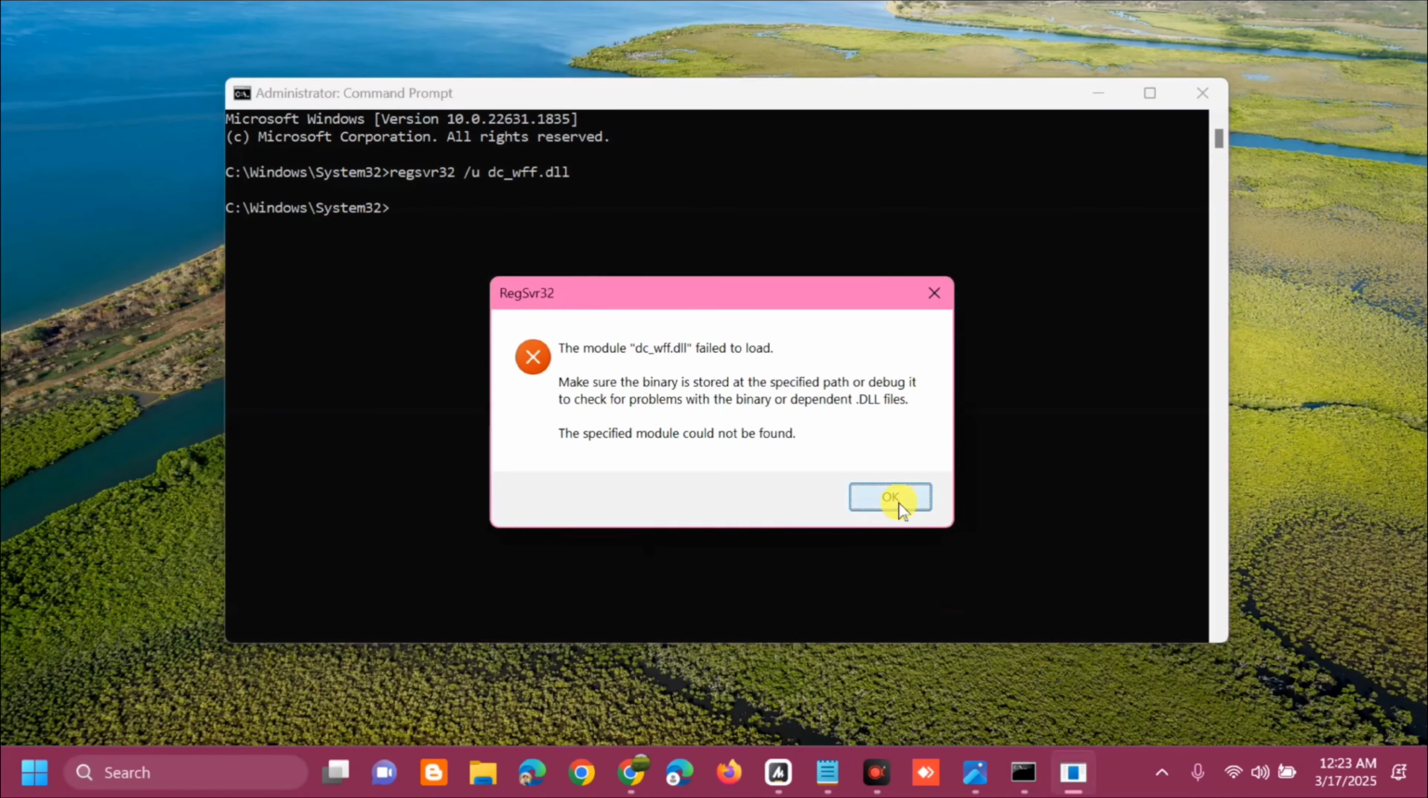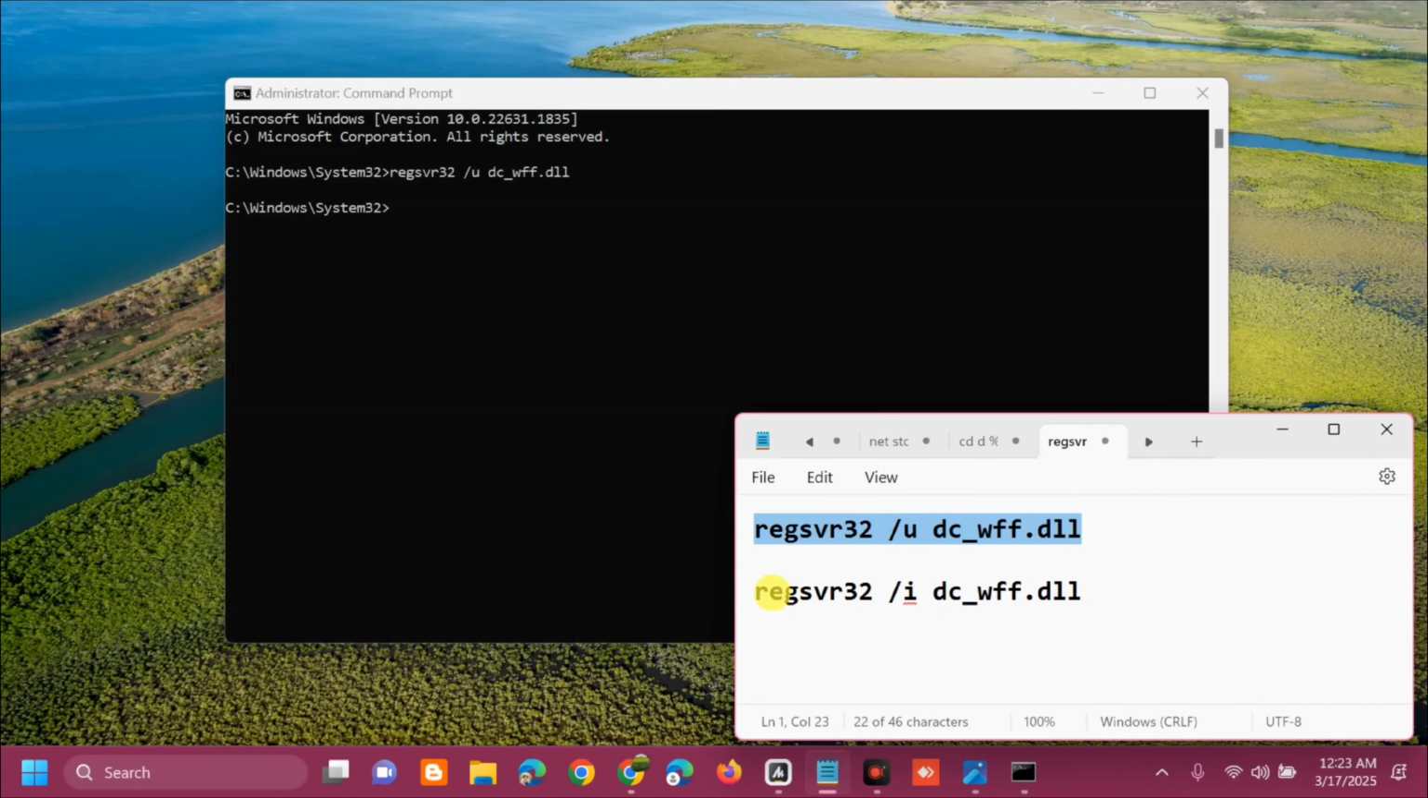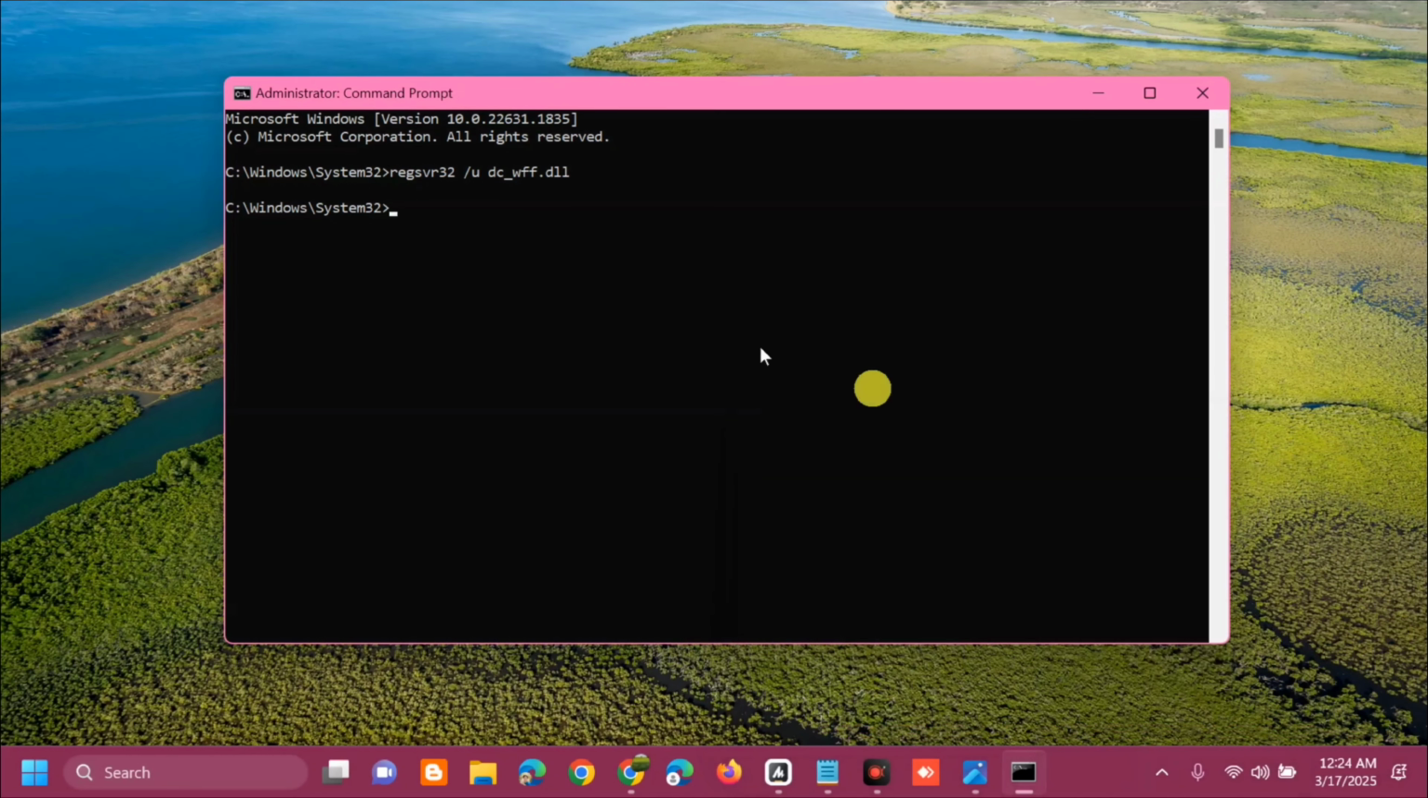Alright, and the other command that we need to enter, so copy this other command: regsvr32 space /i space dc_wff.dll. Copy that one, then paste it here using Ctrl+V, and press enter. And once you enter these two commands, the next step,